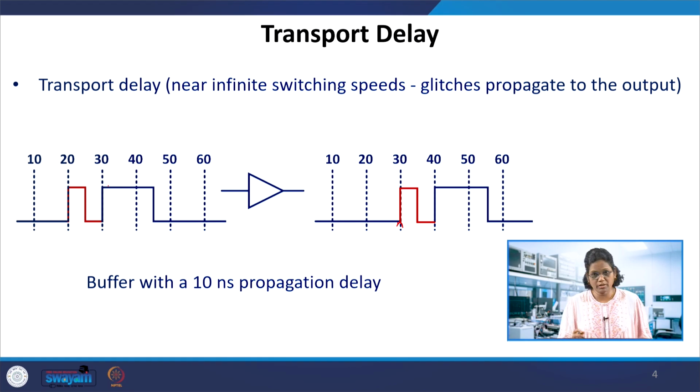So both are useful depending on the applications. In this case, you want to have every instant of time captured at the output, even with the 10 nanoseconds of propagation delay. So it is beneficial to have this model as well. So the hardware can look at these delay models in two different ways: one is inertial and the other is transport delay. So how is this coded in Verilog?